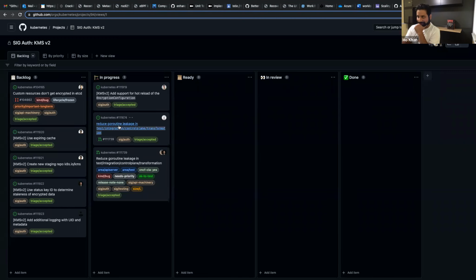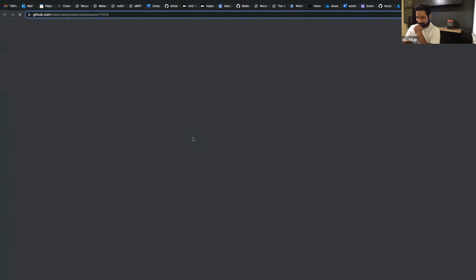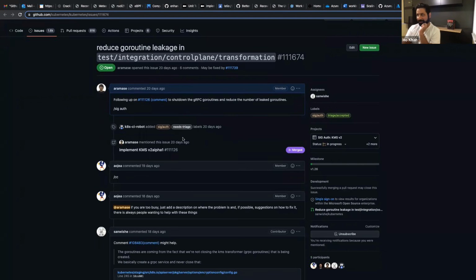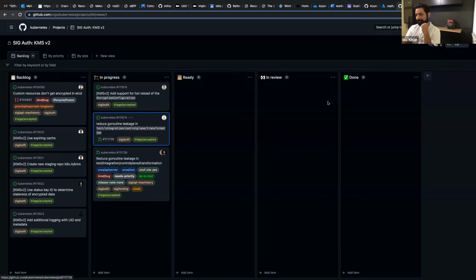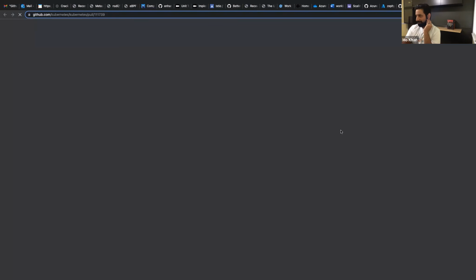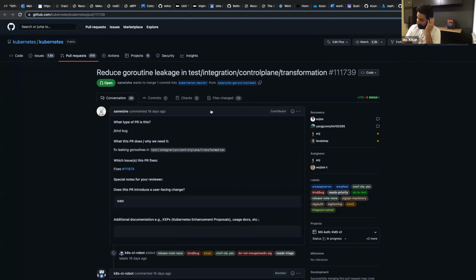Then the next two are the same thing. I think one's the issue and one's the proposed PR. During the implementation, just because we ran out of time, we ended up causing some Go routine leakage in our integration test suite. So we want to undo that.